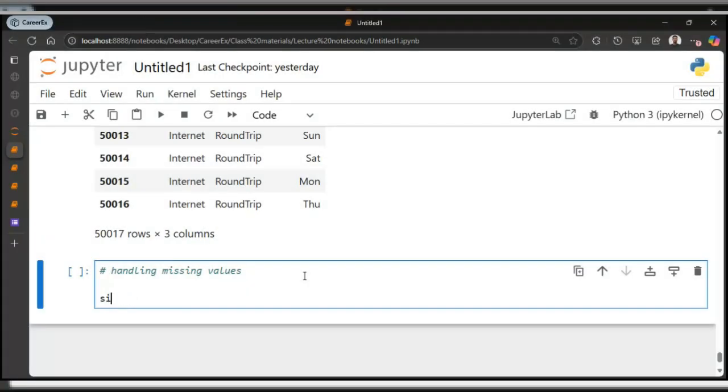I'll just say SimpImpute equals to SimpleImputer, and then strategy. This one is going to be for num, the numerical variable. So SimpleImputer strategy equal to mean. Let's use mean.